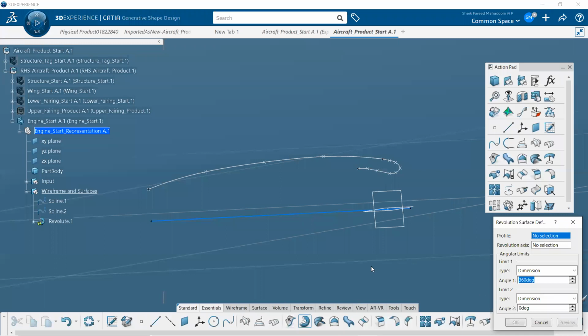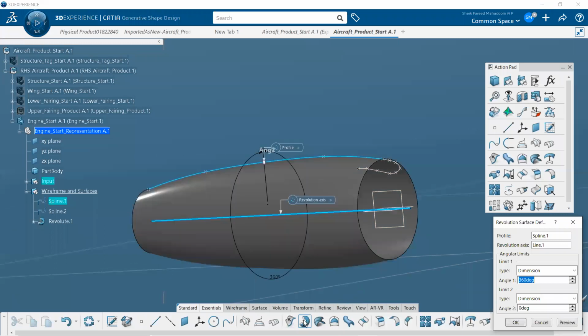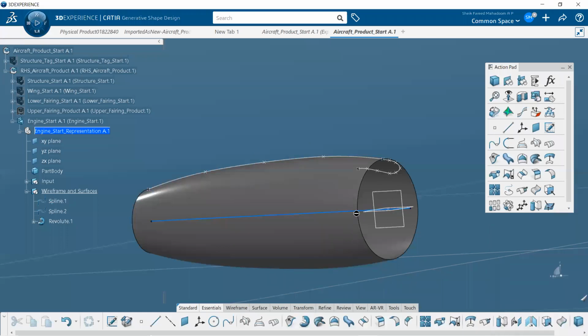This is the first surface. Then for the second surface, I use the revolve option again, select the other profile, and the rotation axis will be the center axis given in here. Then click OK. Right now the outer engine portion is created.